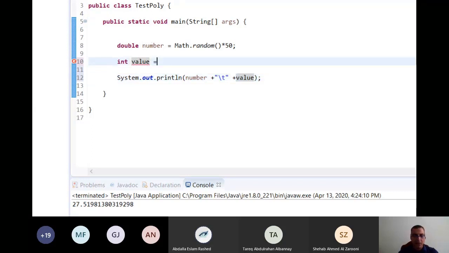Here, I cannot say value equal number. I can't. Why? Because double number is double, while int value is integer. You can do number equal int, fine, you've done that before. What you do, you have to say explicitly. You have to say int. I want the integer part. It works. This is called explicit